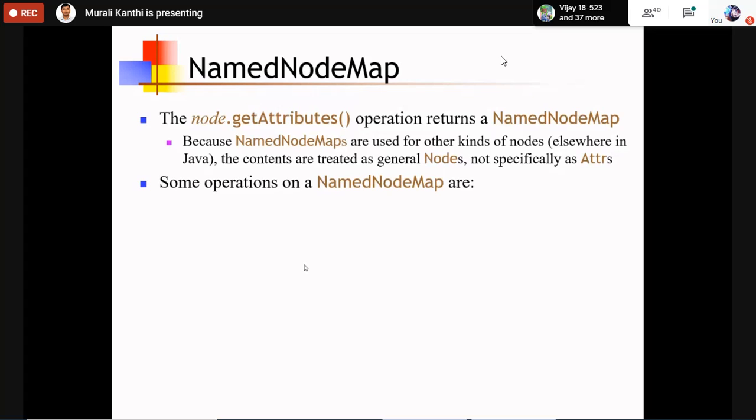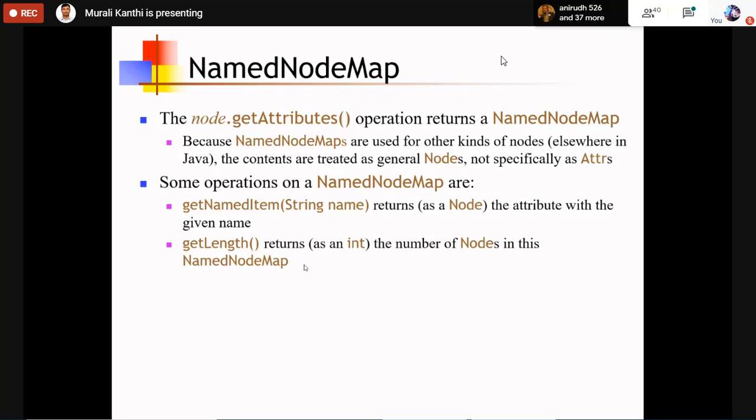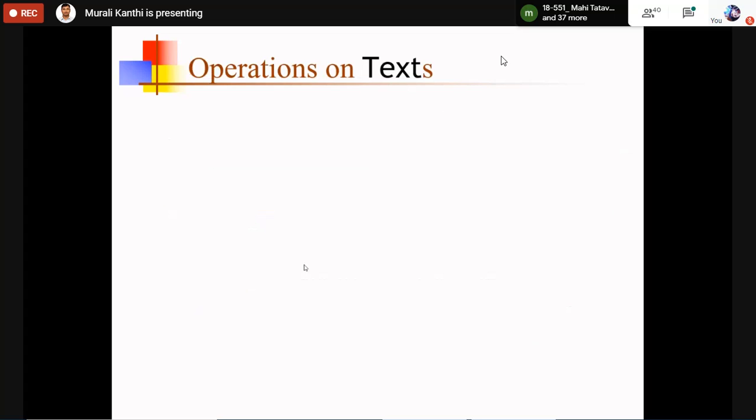Some operations on NamedNodeMap: getNamedItem returns the attribute with a given name. getLength returns the number of nodes in this NamedNodeMap. item returns the item at the given index, which lets you conveniently step through all the nodes in the map. Java does not guarantee the order in which nodes are returned; there is no guarantee of ordering of the elements. This is about NamedNodeMap.